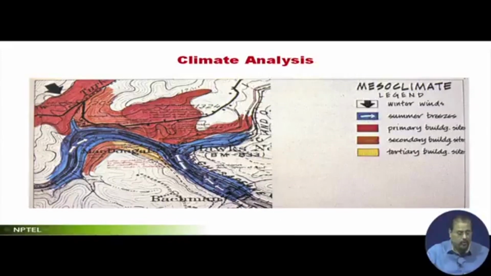Say this particular one, the white, is the summer breeze. That means during summer the breeze is going to come from here. During winter the breeze is going to come from here. So basically what you are doing in the climate analysis is very standard, which you have done for your architectural